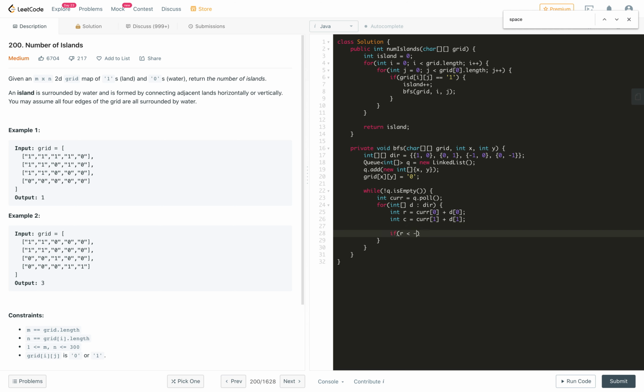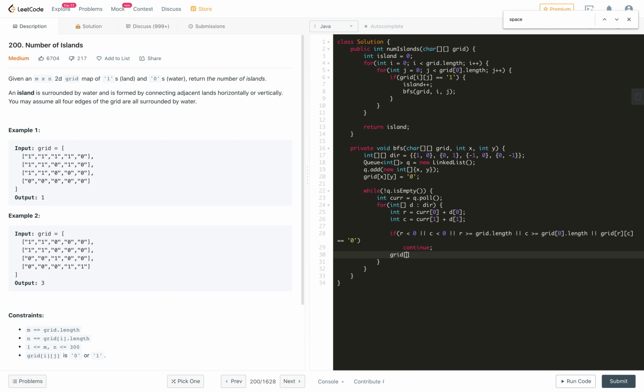If r is less than 0, or c is less than 0, or r is greater than or equal to grid dot length, or c is greater than or equal to grid of 0 dot length, or the grid is already visited, which means grid of r c is character 0, then we will just continue.